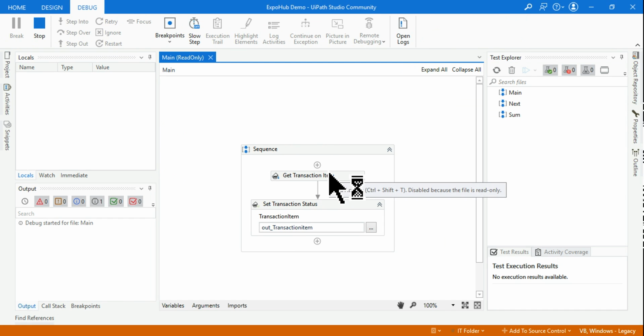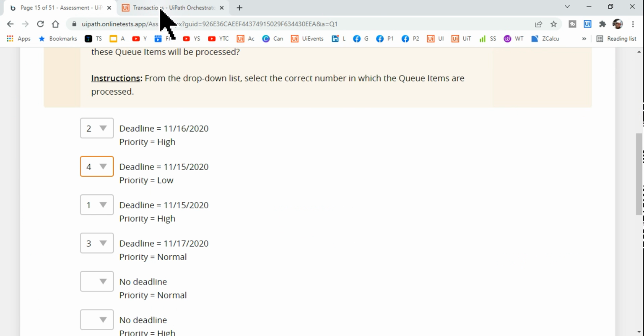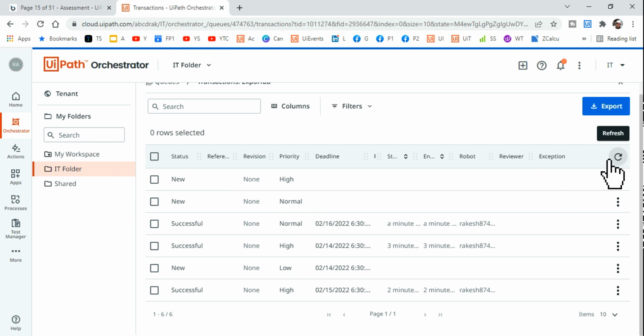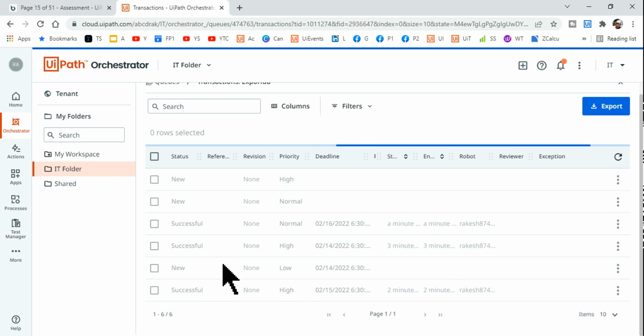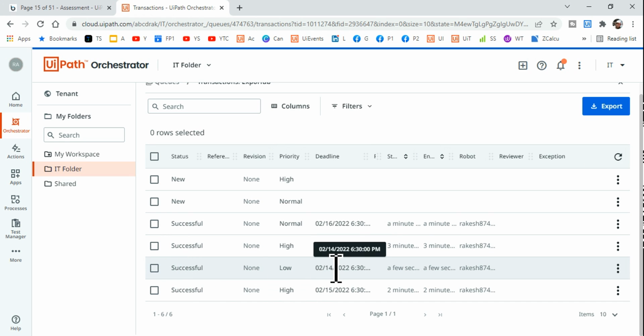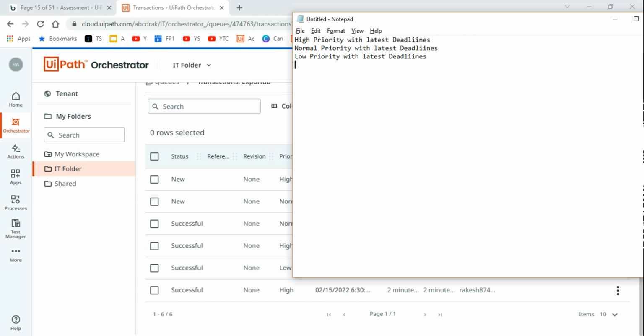So with this, while I'm showing you the practical, it becomes quite easy to really see what I'm teaching. And let's refresh it now. So what will be processed? This will be processed now if I refresh. Do you see this got processed? Now once everything is done, what is the next thing that will happen? Then it will pick the high priority